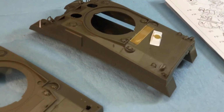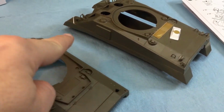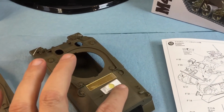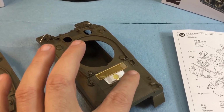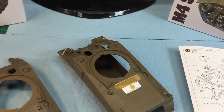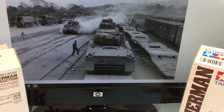And then of course, I'm going to just call it the side skirt. Right there. Now right here, I made that out of styrene, made my own mold and extra photo etch parts. And then I'll go to that other image here on the screen, right there. I also